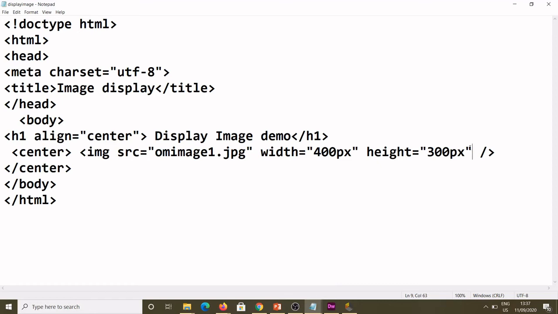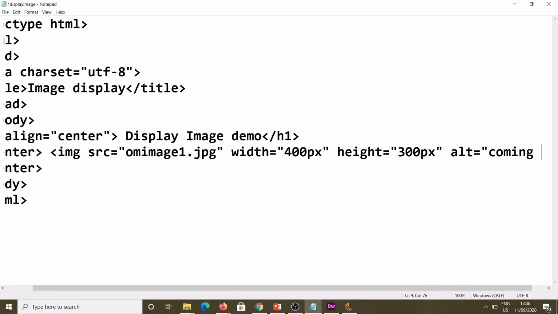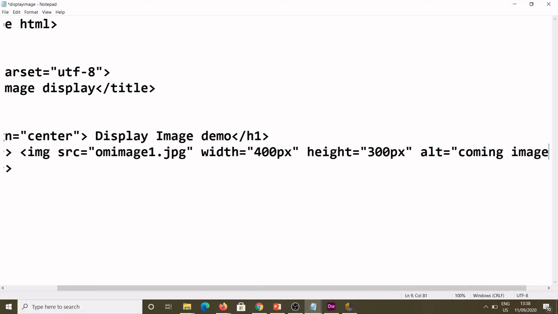Now, another two: one is the width attribute, clear, and height, clear. Now the other one I told you is alt. Alt is again the alternative text of the image. Suppose the image is not loading, or there is some problem and the image is taking too much time to load. Before that, we can display an alternative description of the image. So you can write alt equal to loading image. I'll put a message like this: loading image.